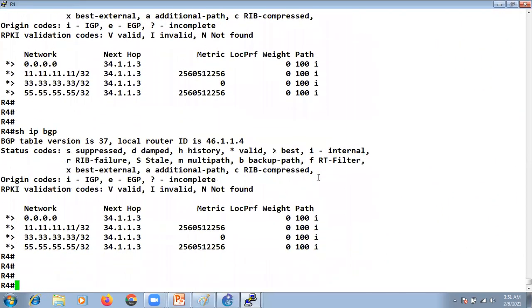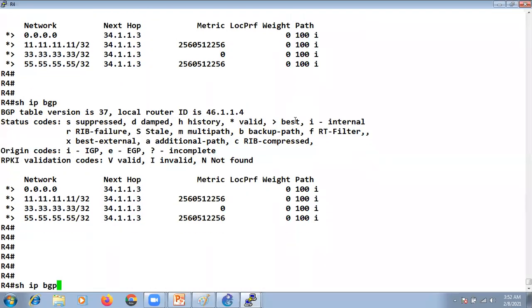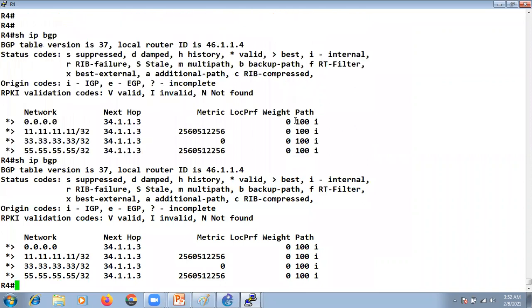Show IP BGP. So what it means is, while you're sending the default route to your BGP neighbor, the distribute list command is not going to work, right? If you're sending the default route via the network command and you are using the distribute list, only then it is going to work. If you are using default originate, the distribute list will have no impact. You can see you still have the default route.